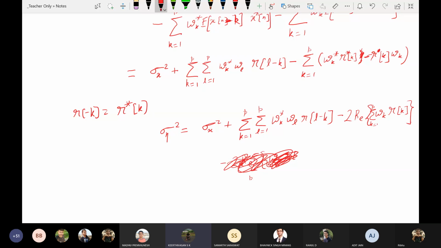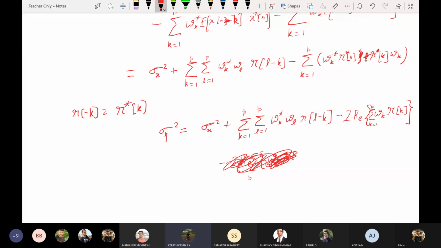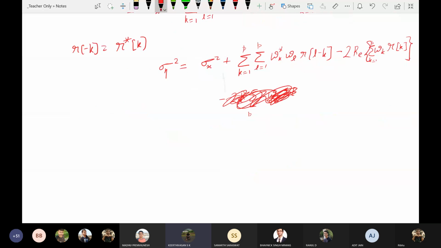Fine. So should it be plus now then? No, it is minus. Conjugate minus the normal one, so it should be minus into 2 real. Already there is minus. This is plus inside the bracket; because of the too much overwriting there, it looked like a minus. And conjugate minus original will be minus of imaginary, not real. Kirti, is this okay now? Yes, yes.